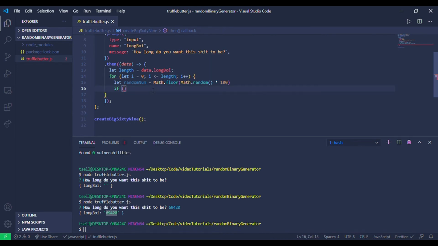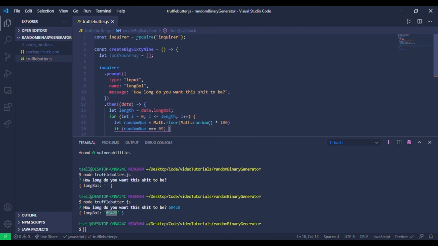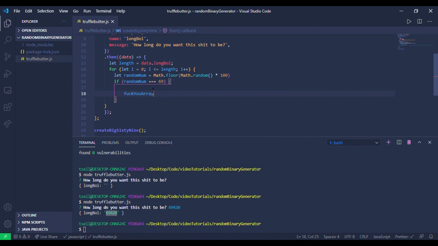So what we can do now is say if the random number that we just generated is equal to, I don't know, 69, we're going to push into that array. We're just going to push a number into there. So in this case, we're going to say 42069. Great. And now we can have an else if